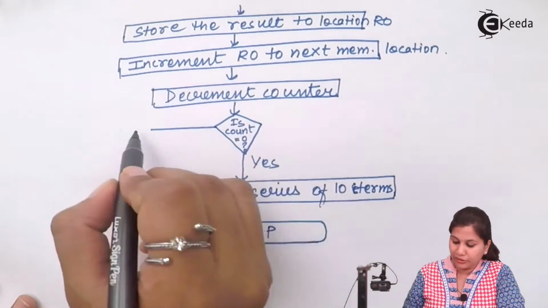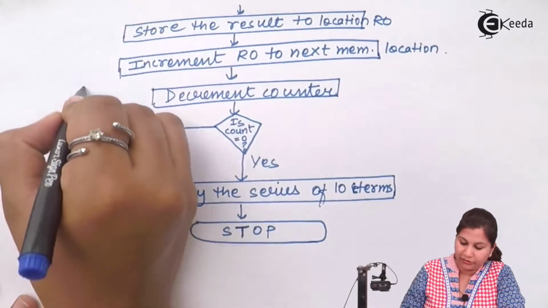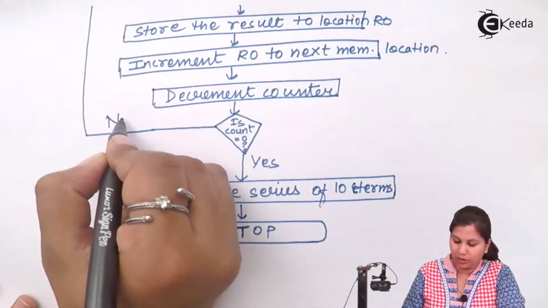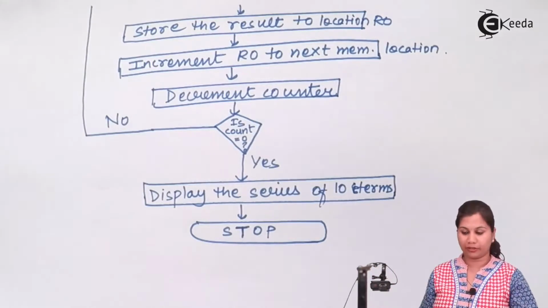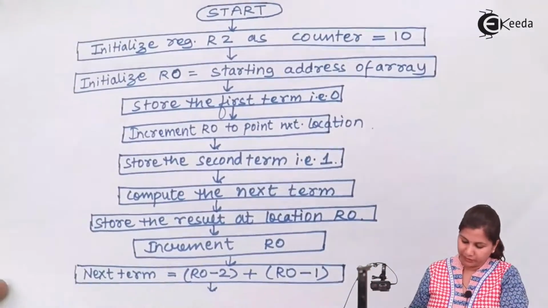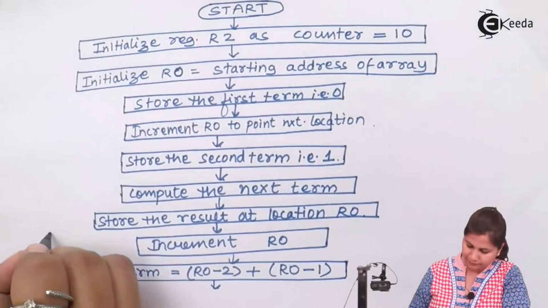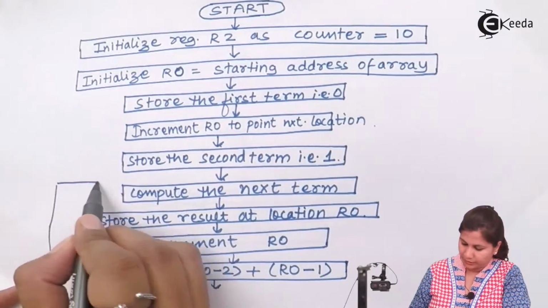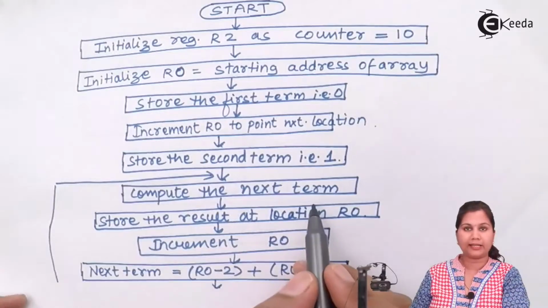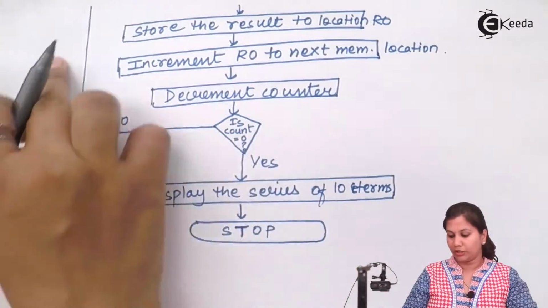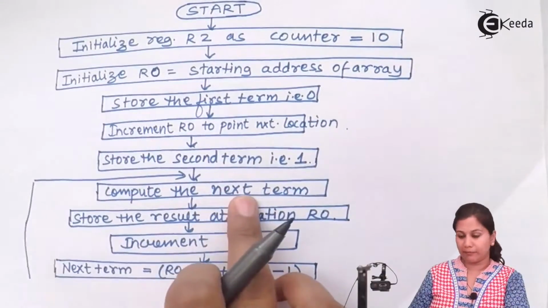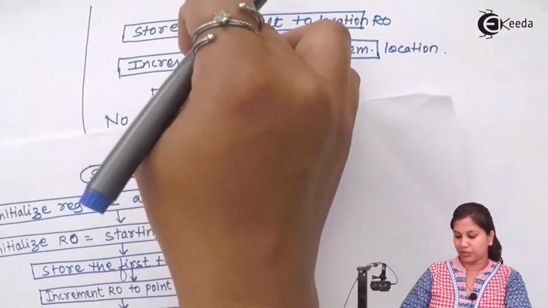Now if the counter is not 0, you have to again repeat the process. You have to again compute the next term, add them and store it. So the process is to be repeated from this step, that is, compute the next term. So after this step, if count is not 0, then come to this step, again repeat all these procedures and